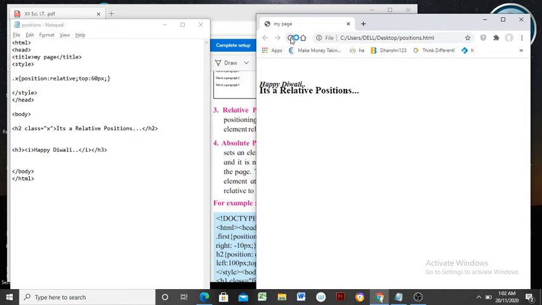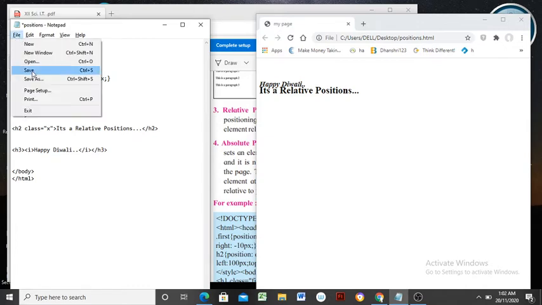At the next line it is by 60 pixels. If you want to again reduce it or increase it, it is possible. 40 pixels as a value of top margin is possible.